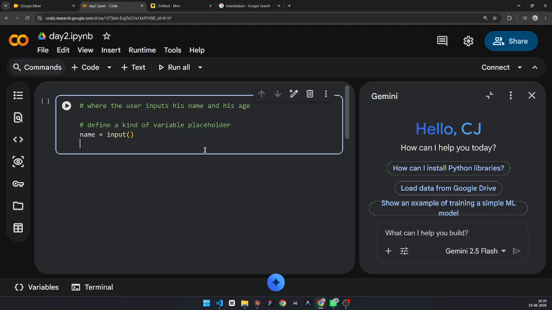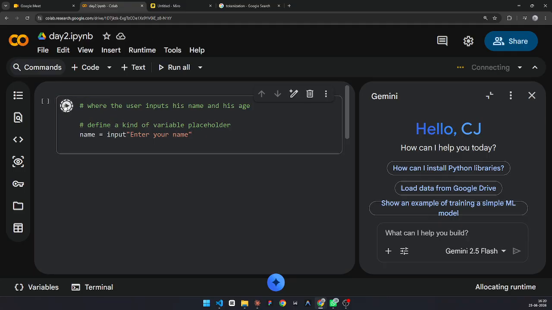This variable placeholder means name, and input means, let's say for example, enter your name. And always remember that whenever you type input, then on the side you must always enclose the statement in the bracket. If you try to do it like this, then it would be totally wrong.